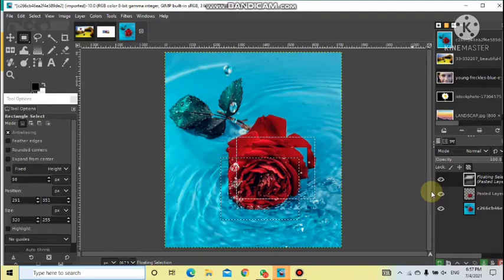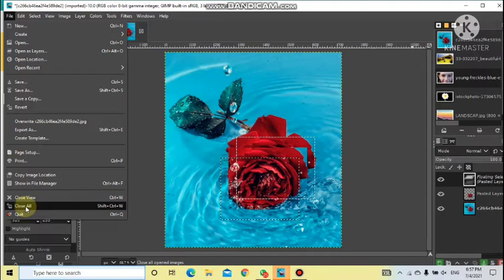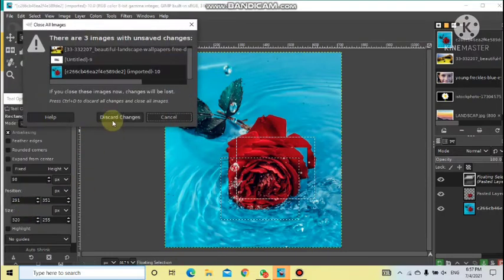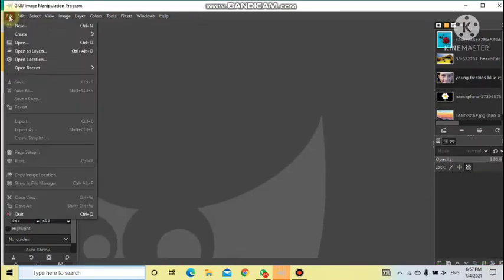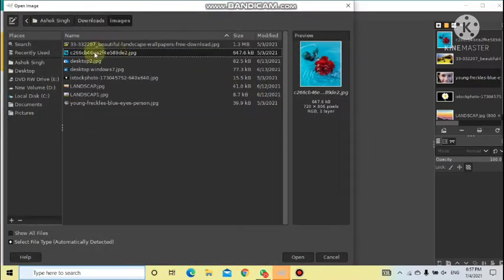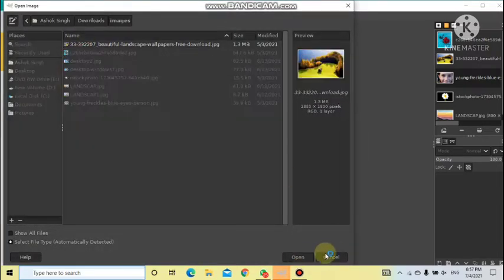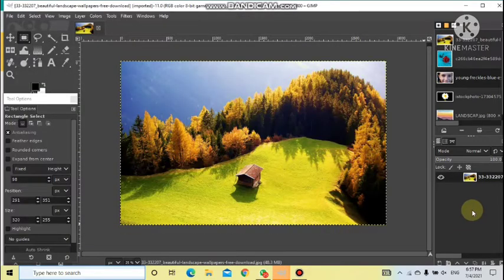Next is layers. This layers concept was already explained to you. So let's close all this so that I can show you the background layer and the meaning of layer. I'm not going to save any changes. So File, Open. A file will get opened. Suppose I want to open this. You can see the layer is there. This is the default layer. Every image will get opened with a layer, and that is the background layer. Even if you delete any other layer, this layer should be there. This is the mandatory one, the background layer.